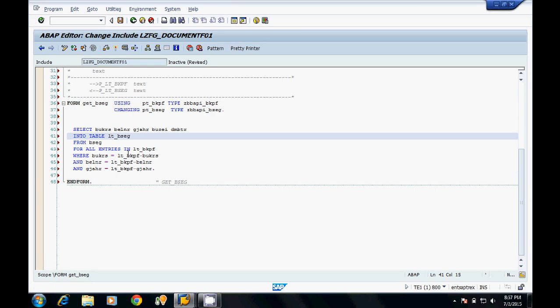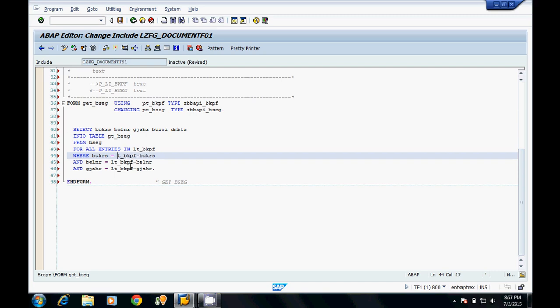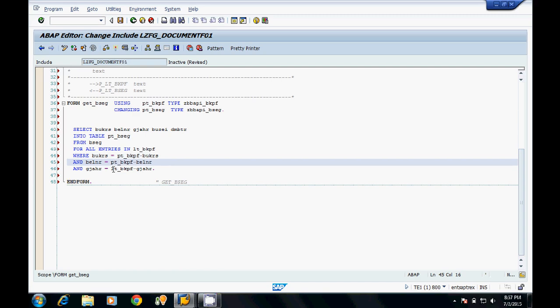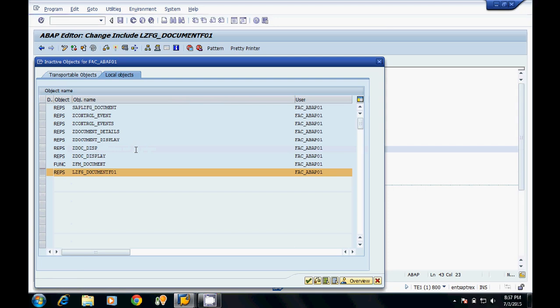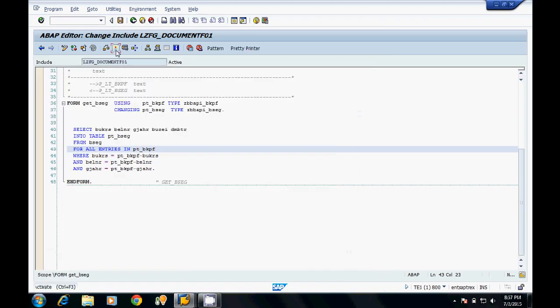This parameter is PT_BSEC. Now this parameter is PT_BKPF. This is PT_. Now I am activating this logic with the help of Control plus F3, or with the help of this key we can activate the logic.